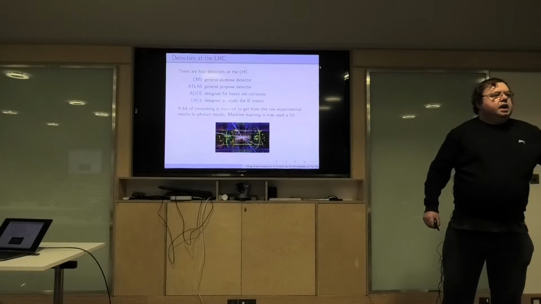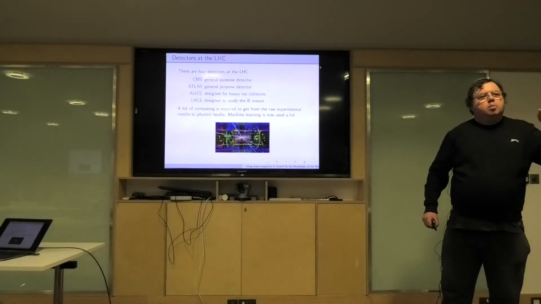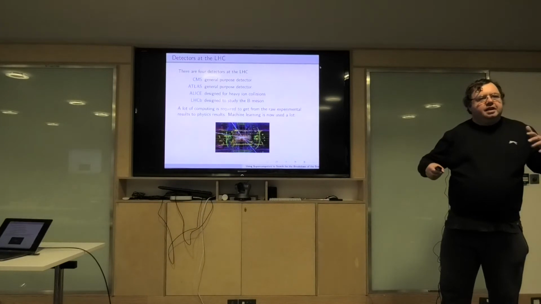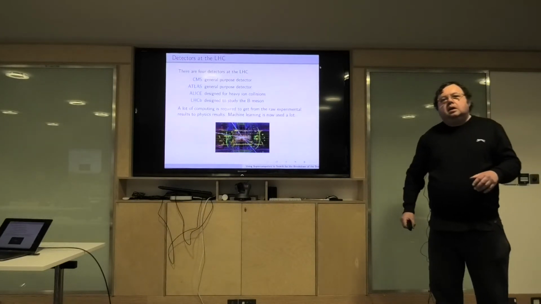Occasionally you'll see experimental results. Last week somebody from Hungary was claiming a new particle, but the problem is it comes from one experiment, and really you need a couple of experiments where all the systematic errors are done differently to make sure that what he's seeing is a real effect. So that's just the way it is.